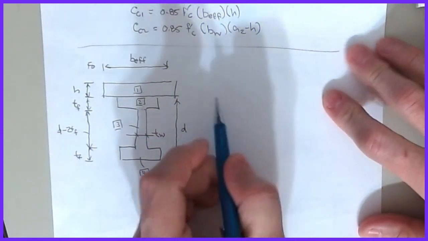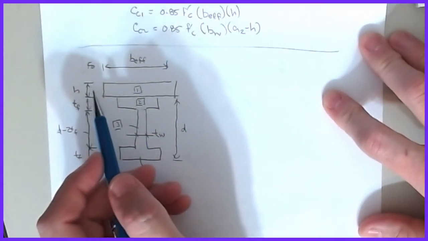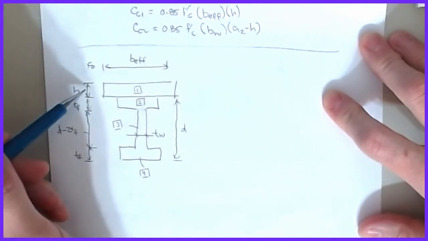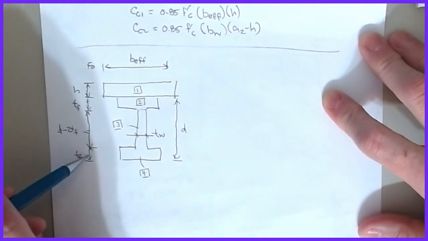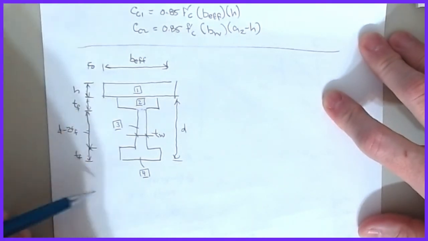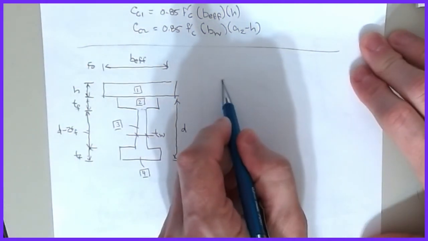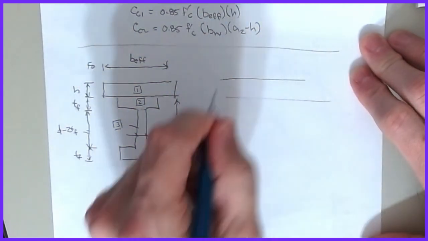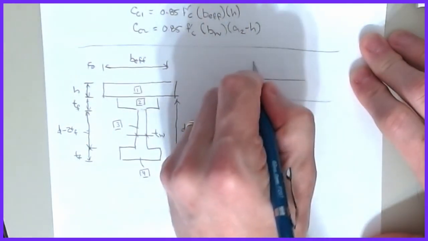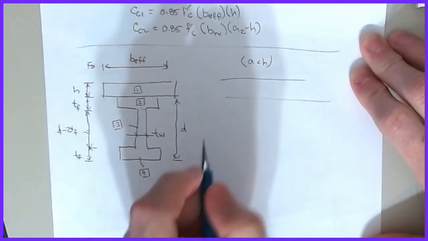Okay, all right. So what we're going to do is we're going to have now multiple cases, because just like we had in the concrete T-beam, my neutral axis could either be in the slab, it could be in the top flange, it could be in the web, or it could be in the bottom flange. There are 4 cases that you have to analyze on this. Okay, only one of them is going to work. So what we're going to do, if I go and I try to draw my Whitney block corresponding to the first case, which is the case where A is less than H on here,